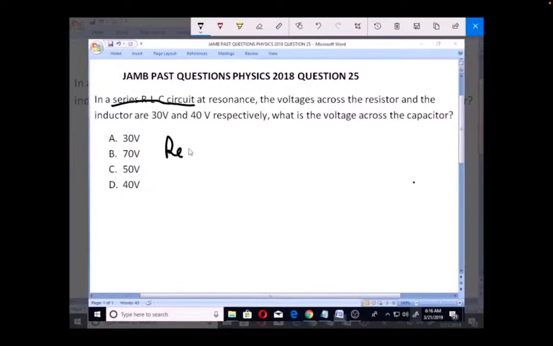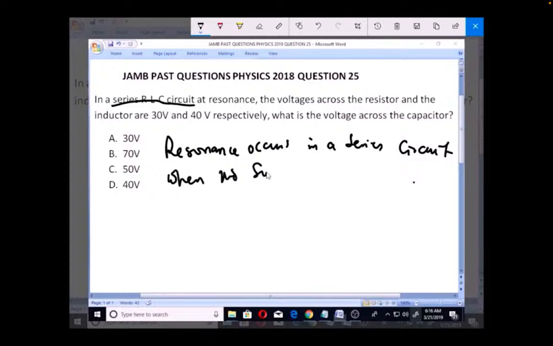Now, we can confidently say that resonance occurs in a series circuit when the supply frequency, whenever the supply frequency